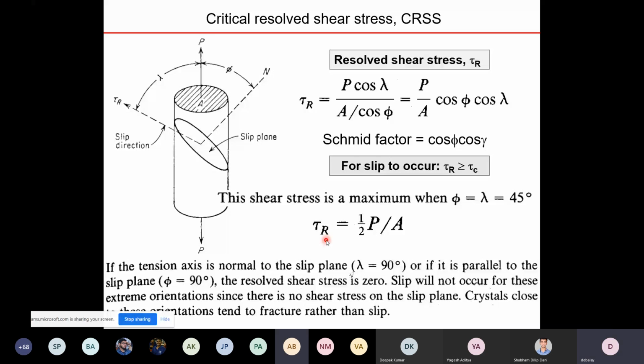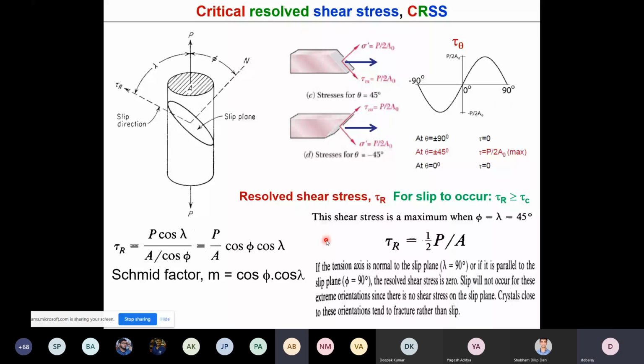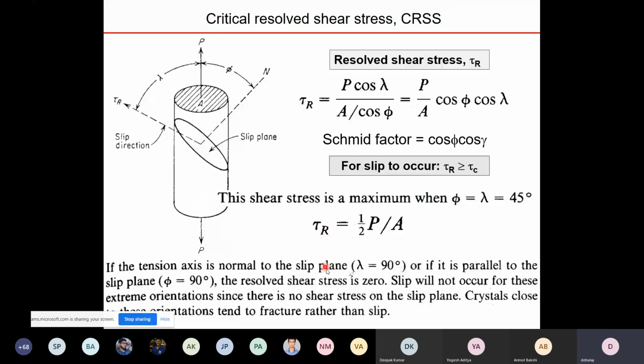The same thing is shown again. Sir, you also talked about one angle xi. Can you explain that one? Yes, I will explain that. The xi angle, let us go back and try to show you.